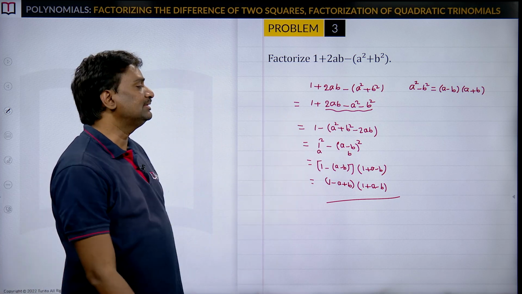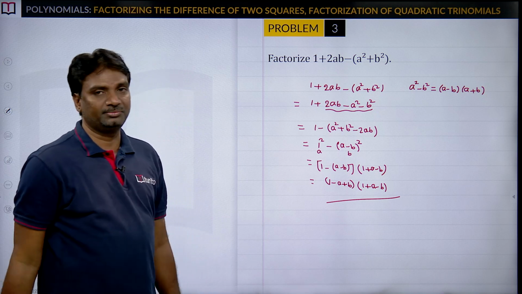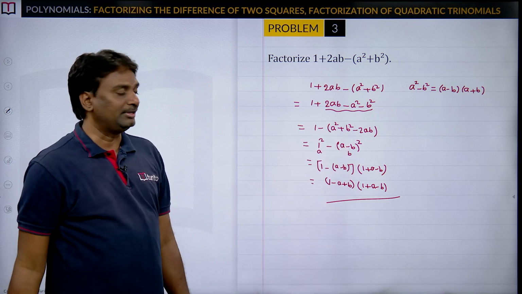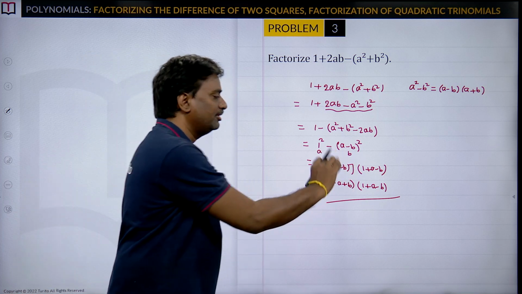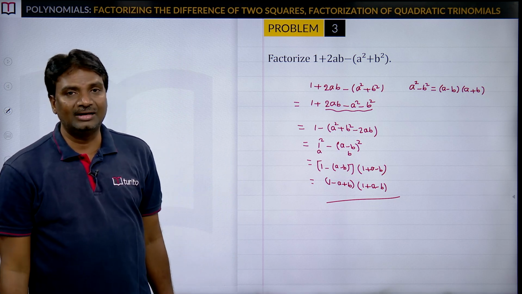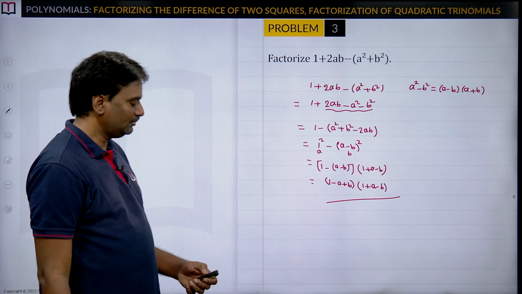So, this expression is clearly in the form of a square minus b square. So, a minus b into a plus b. So, 1 minus of a minus b into 1 plus a minus b. So, 1 minus a minus of minus plus b into 1 plus a minus b. So, just like this we can express the given polynomial as the product of factors. Next,